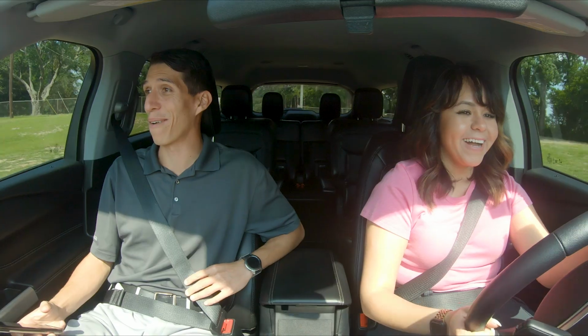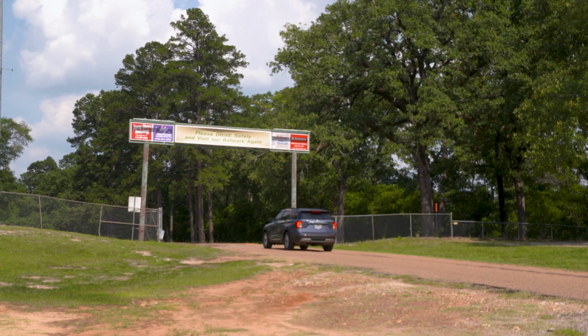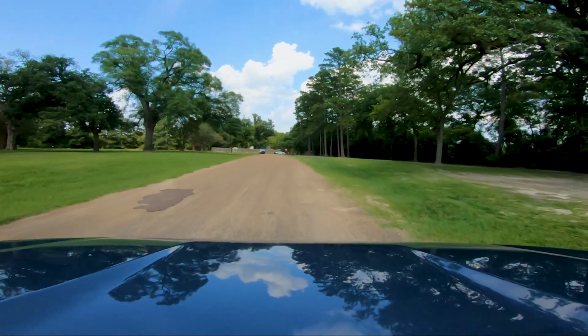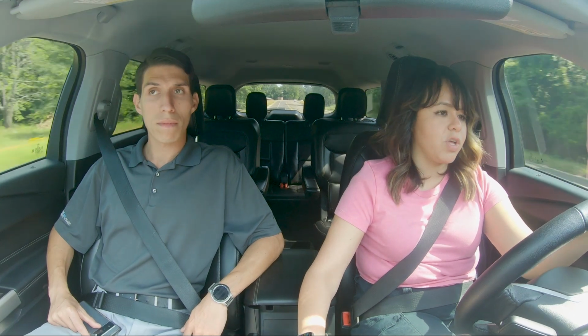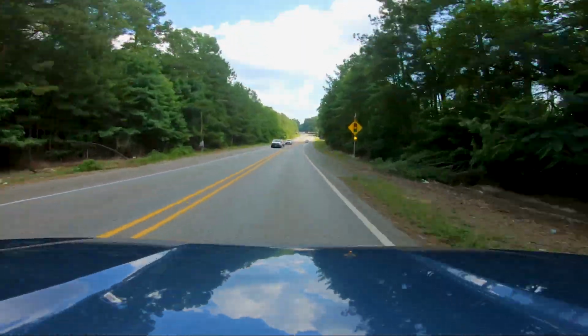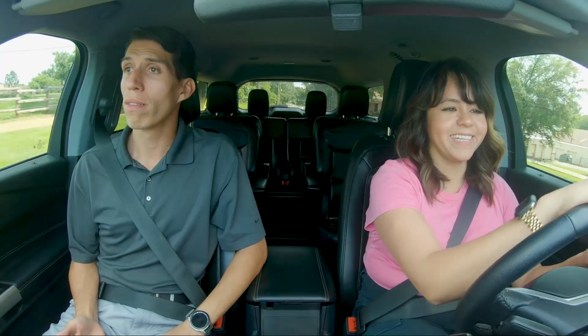By the time we make it to the ballpark, you should have a good feel of the vehicle and its features. Now you'll just need to drive it. The route back to Tipton is your chance to feel what it's like behind the wheel. After that, it's just a matter of addressing anything you found during the test drive, negotiating your best deal, and